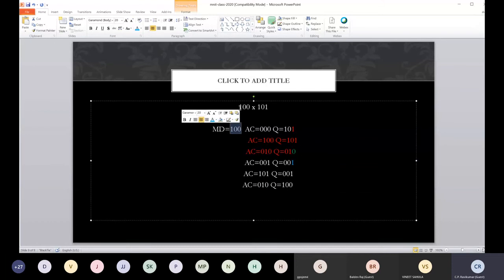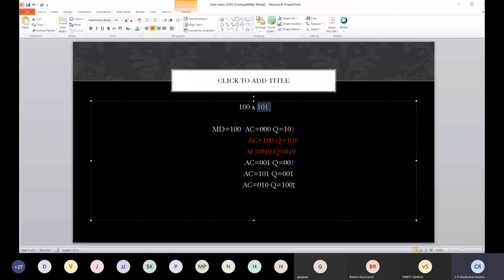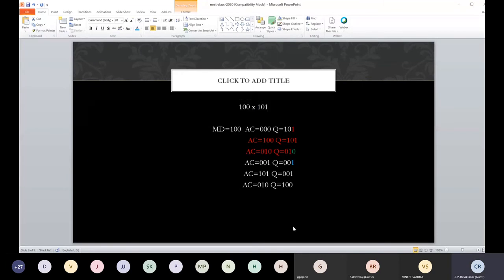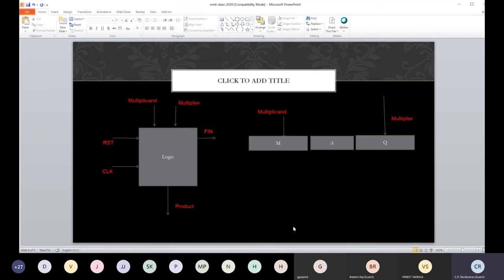I'm treating this as an unsigned number, and I'm treating this as an unsigned number, and I'm getting the value 20. So this is the algorithm.